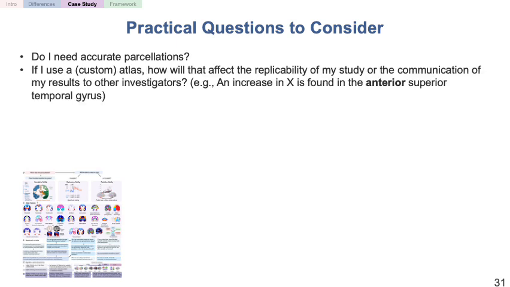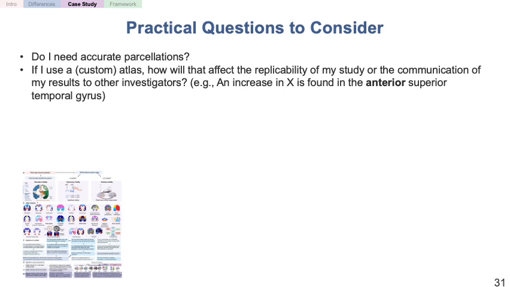Another important question to consider is, if I use a custom atlas, such as one that you made yourself or subdivided or combined from different atlases in your study, how will that affect the replicability of my study or the communication of results to other investigators, such as an increase in X is found in the anterior superior temporal gyrus, like I mentioned at the